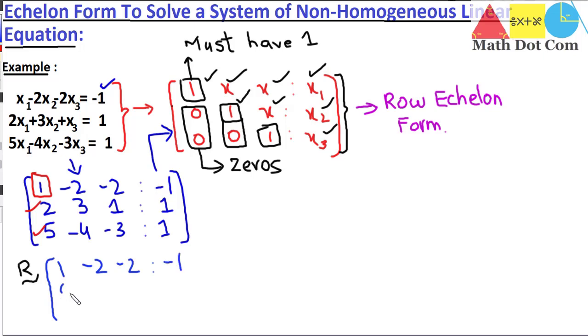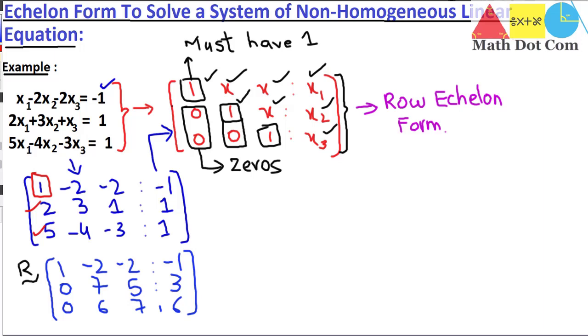Here will be 0. Here we will have 7. Here we will have 5. And here we will have 3, then 0, then 6, then 7, and then 6. Now don't get confused with how it comes 0, 0 and what I have done. Let's see. What I have done is I have applied a row operation on the second row. So I have to make the first element of the second row 0.